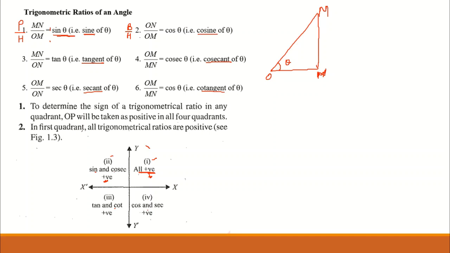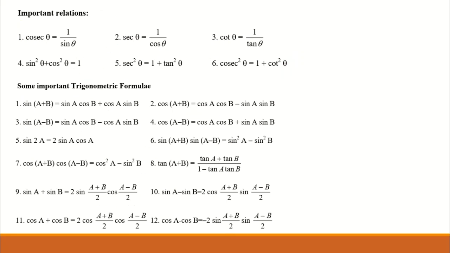I think everyone knows the relation between sine and cosec, tan and cot, sec and cos. Let's begin with the relation between sine and cosec, cos and sec, tan and cot. As we have studied, cosec and sine are inverse to each other, sec and cos are inverse to each other, and cot and tan are inverse to each other, right?